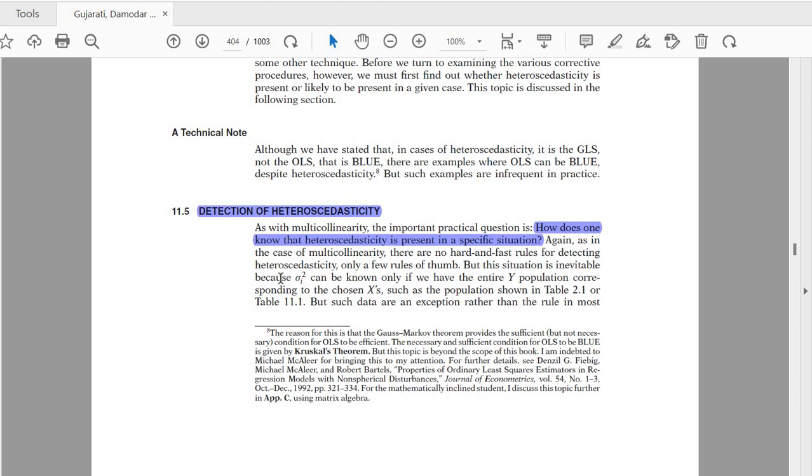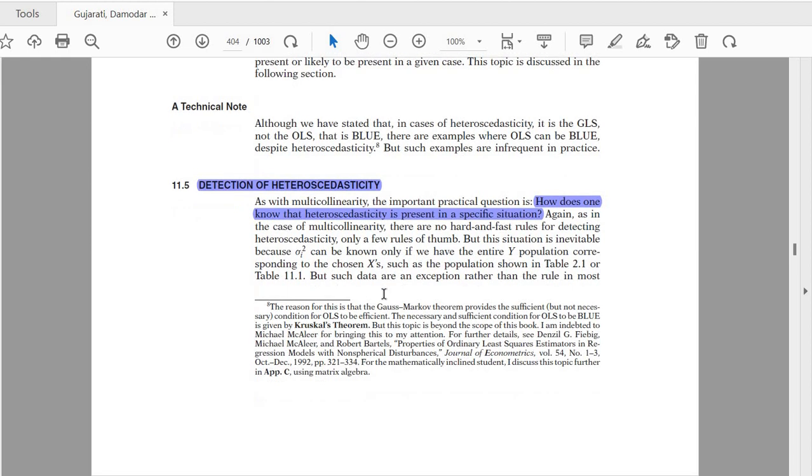इसका मतलब हुआ कि अगर हेट्रोस्कैडेस्टिसिटी को मेजर करना है या उसको ऑब्जर्व करना है तो आप जिस चीज से डील करेंगे वो है ui hat. तो जितने भी मेथड हैं वो ui hat के साथ काम करते हैं। अब कितने मेथड है? दो तरह के मेथड है, एक को हम फॉर्मल मेथड कहते हैं और दूसरे को हम इनफॉर्मल मेथड कहते हैं। ठीक है, इनफॉर्मल मेथड कौन सा होता है? वो ग्राफिकल मेथड होता है।